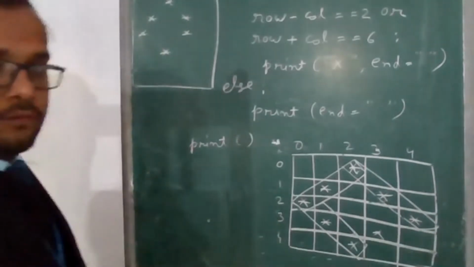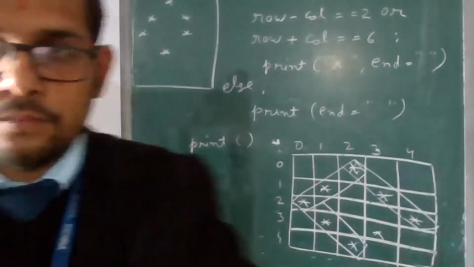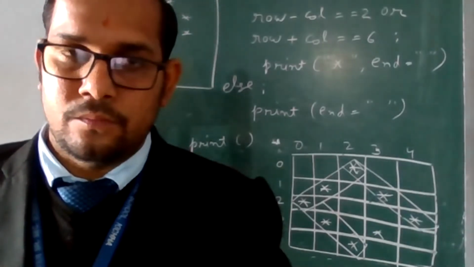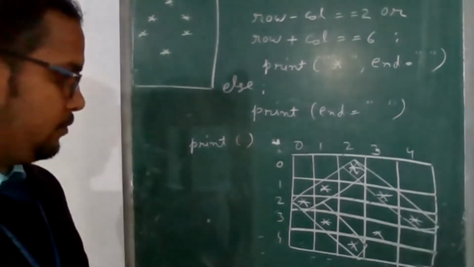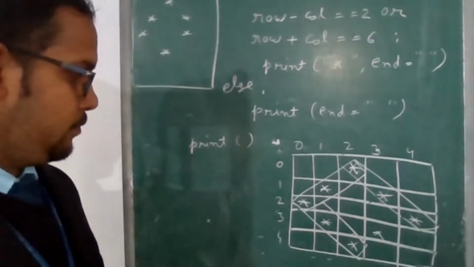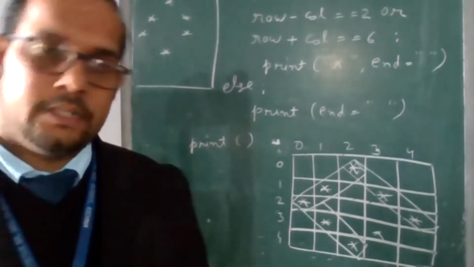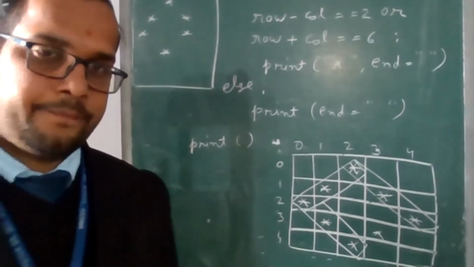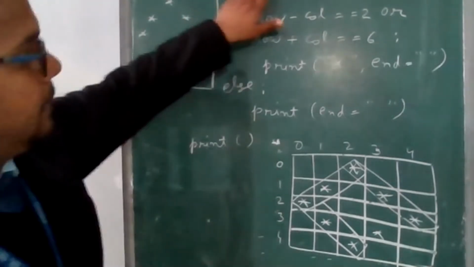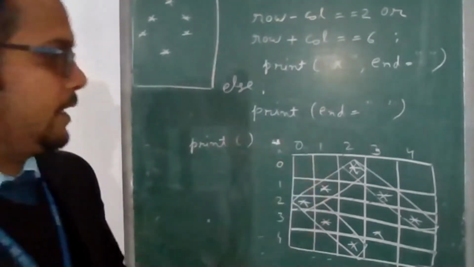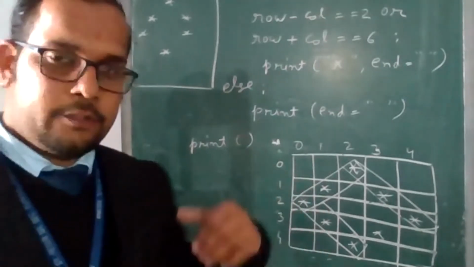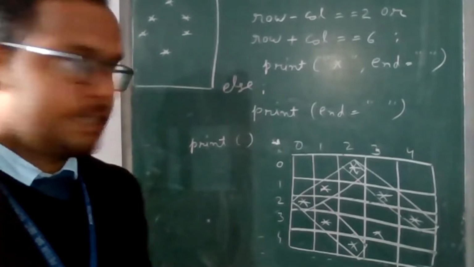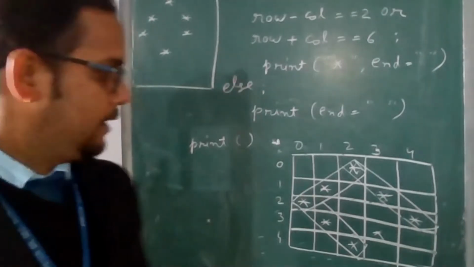Sir, for the third and fourth, the stars that go downward, for this you can also write 4, like row plus column equals 4: 2 plus 2 is 4 and 3 plus 1 is 4. Yes, you can write it, no problem. It means with the help of this type of pattern you can draw this type of stars. Okay? Either you have to write addition or you have to write subtraction. Okay? Whatever you write, your answer will come.